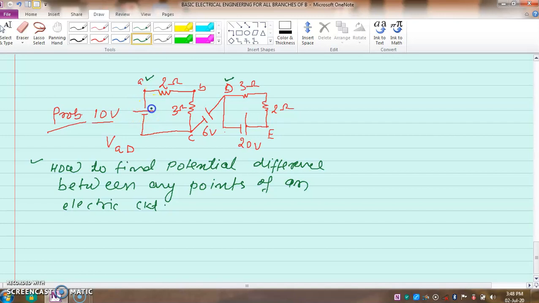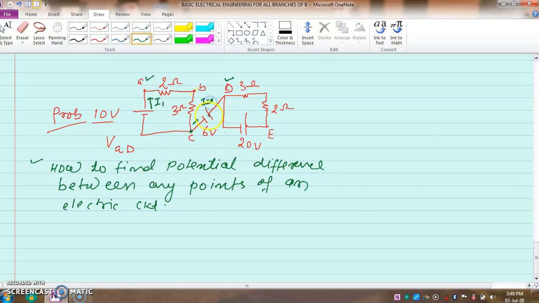The 10 volt positive terminal gives current. Suppose I1 current is flowing here. This I1 current will come in 2 ohm, in 3 ohm, and then also come here. Then someone will think that here there are 2 paths, current has to go here and here. But remember that current in this side will go only when it has a return path. If you think the current will go here, how will it return again? It will never return. So in this branch the value of current I will be 0.